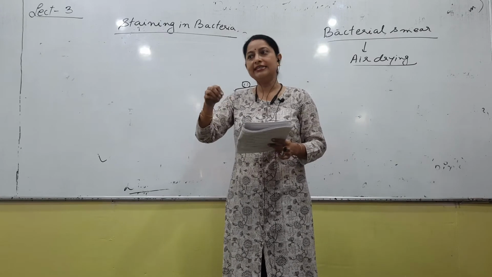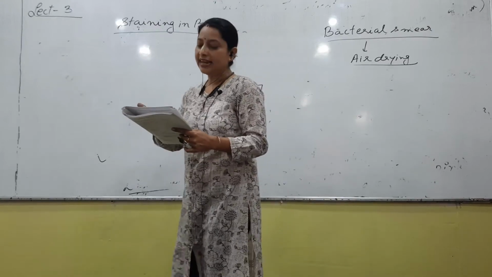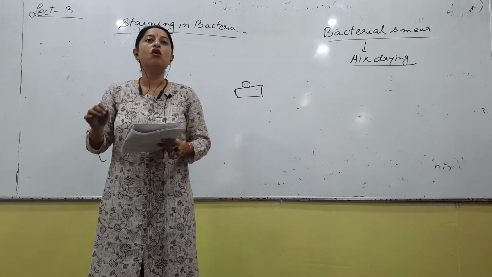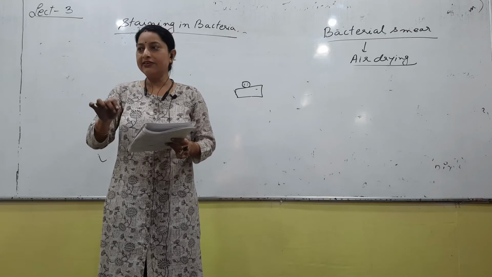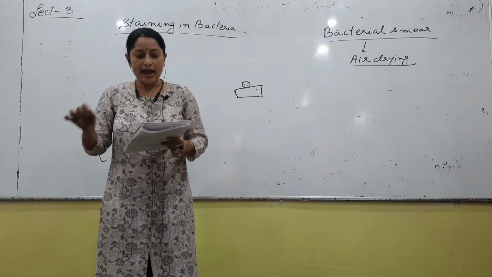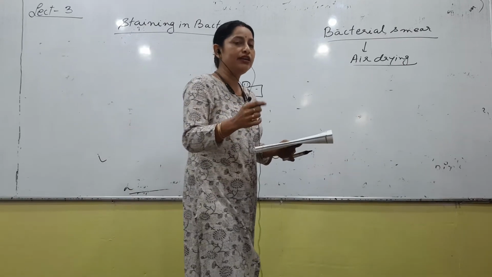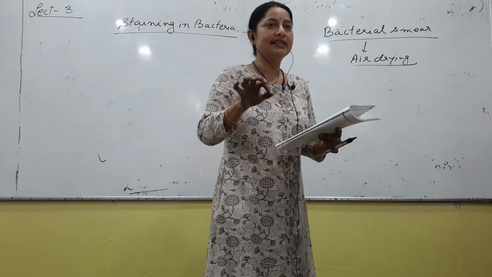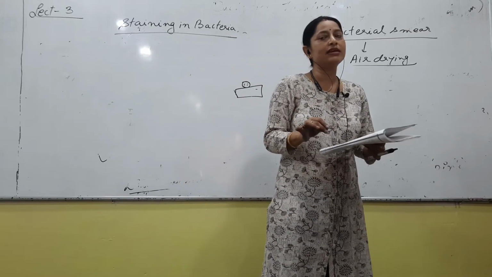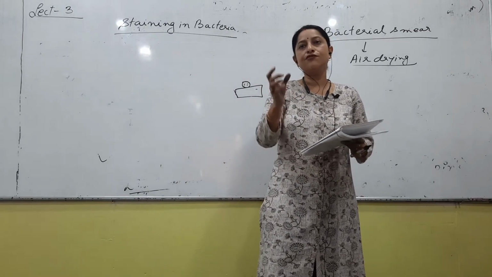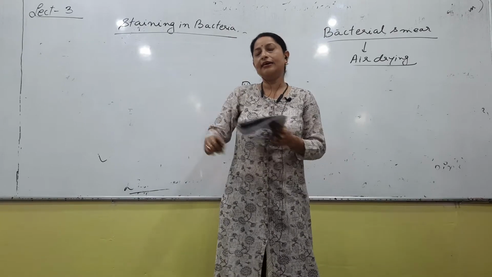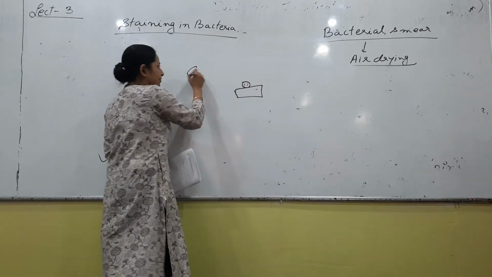Once the color is given, the bacteria became blue. What next? The next step is you wash it with water. After you wash it with water, you apply another stain. This time what is the stain we are talking about? Iodine solution. So first time crystal violet,